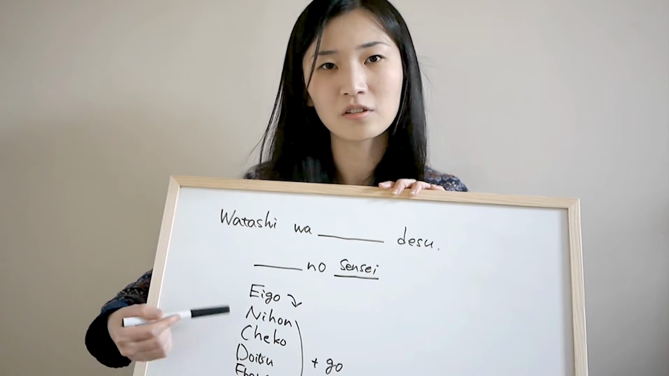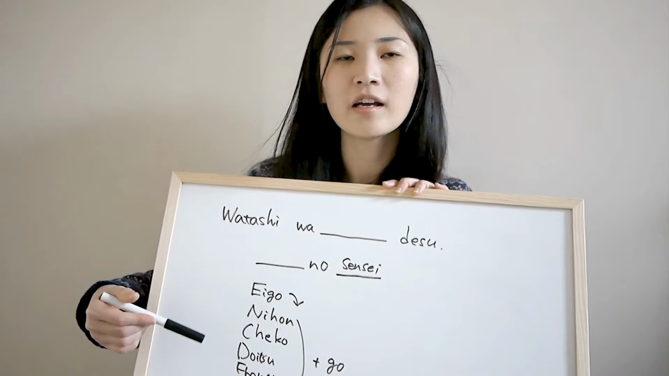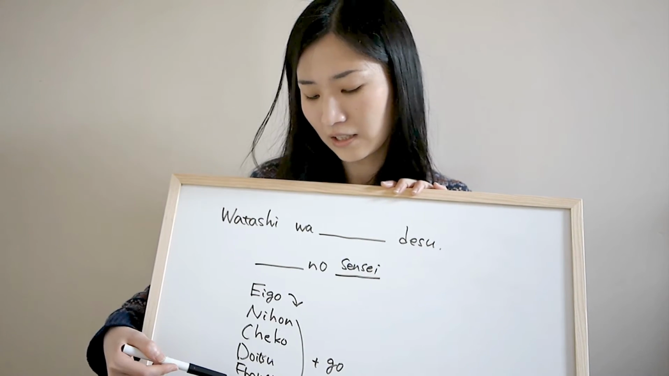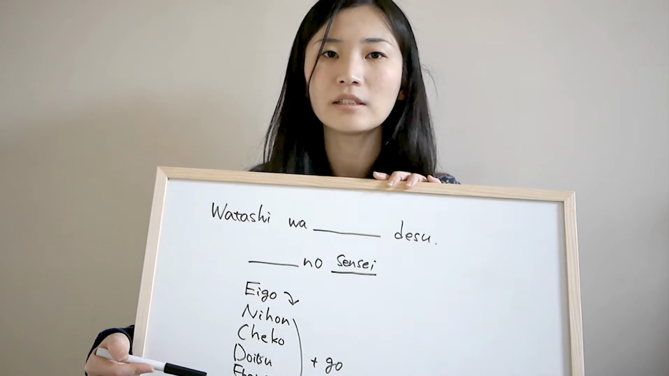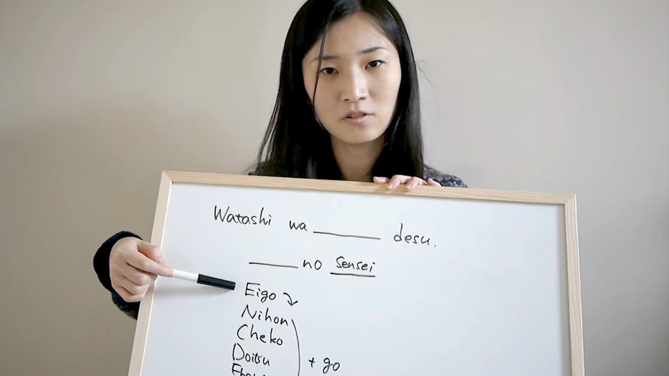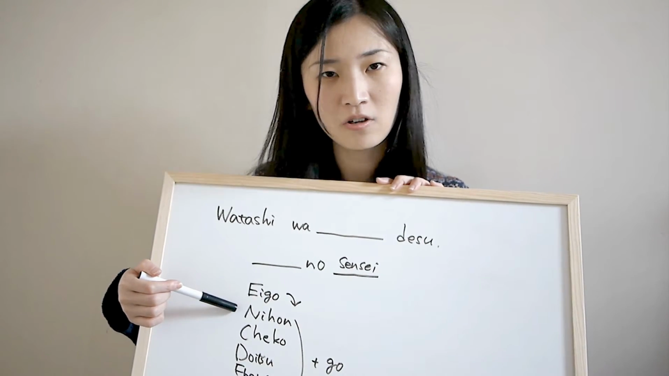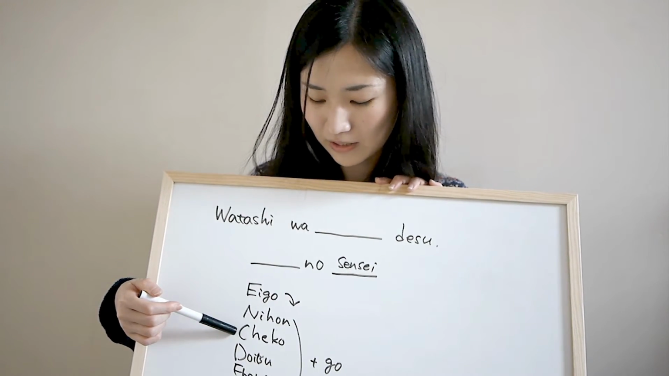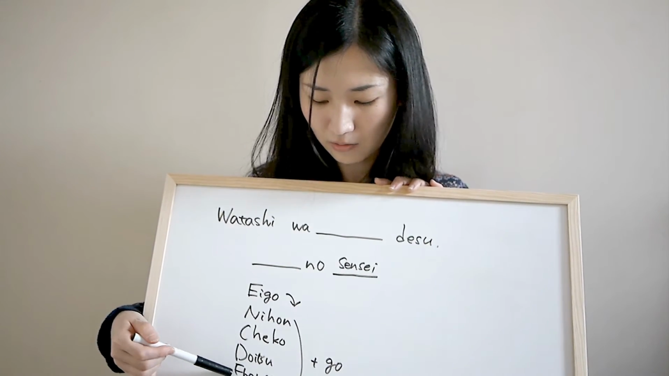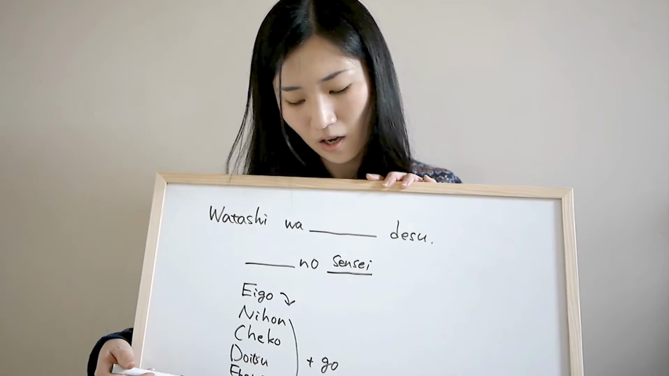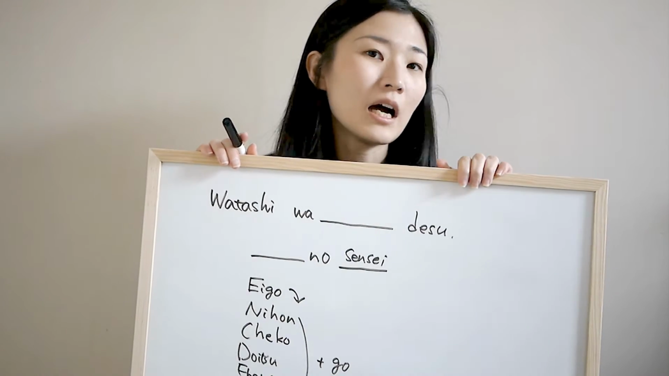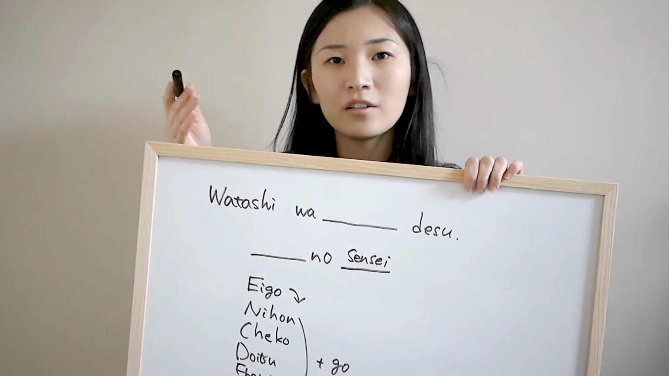Germany is Deutsch, and Doitsugo, and Furansugo, and Italy is Itariago. So we can say now, 私は英語の先生です。私は日本語の先生です。私はチェコ語の先生です。私はドイツ語の先生です。私はフランス語の先生です。私はイタリア語の先生です。So other things are same as last lesson, so you know how to say